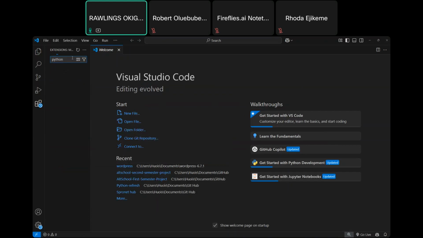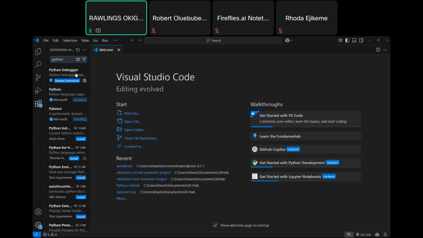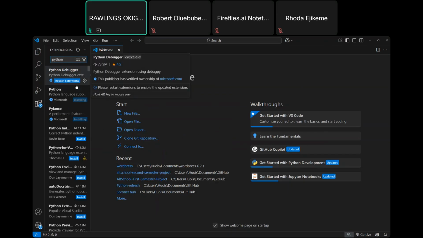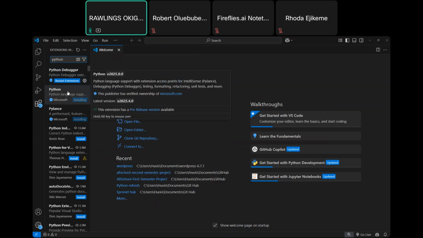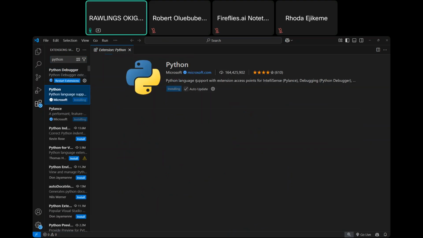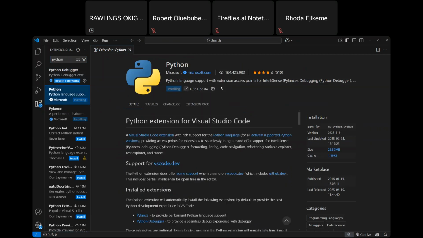same for other programming languages, apart from HTML and CSS. You can see Python, this is the official one from Microsoft. This is the Python interpreter that works with VS Code. Once we have this installed, VS Code will understand the Python code or program that you're writing. So coming back to here,